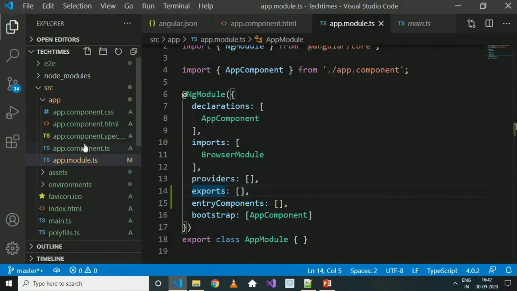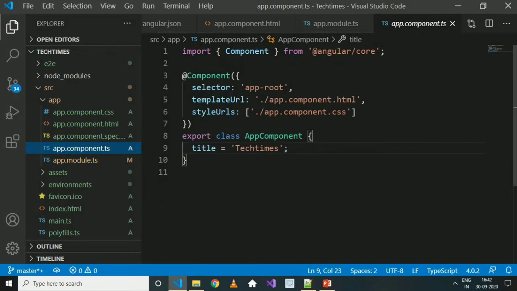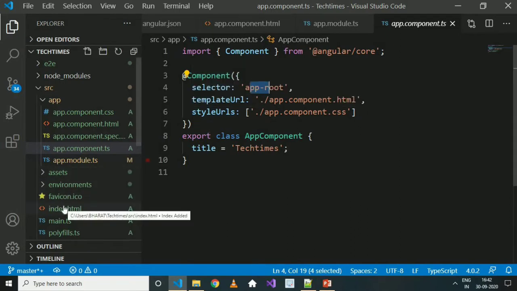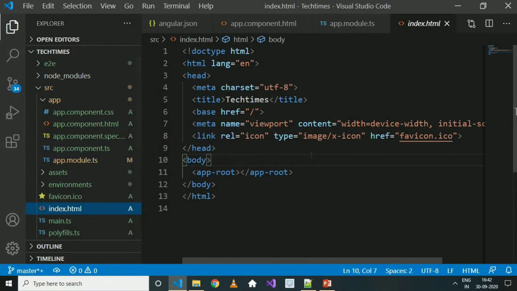Here you will have different types of selectors and everything. Now at this time Angular is enabled to handle app-root in the index.html file, and in the index.html file there is a reference to the app selector. So this selector will insert the app component and have some HTML code in there.